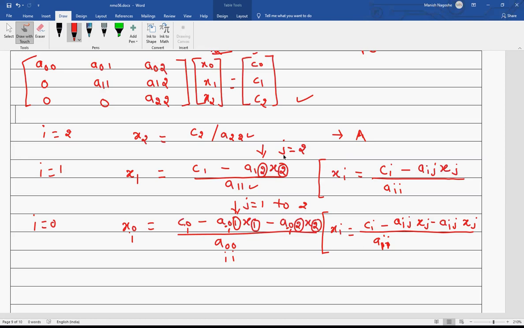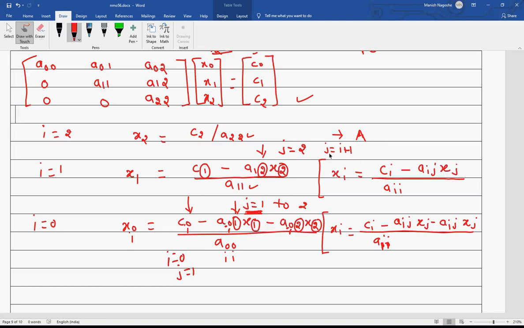So how do I decide from where j is going to start? For that we need to think about the value of i. The value of i here is 1, therefore j is 2. So I can say my j will always start as i plus 1. Here the value of i is 0, and therefore my j starts at 1, because it is i plus 1.